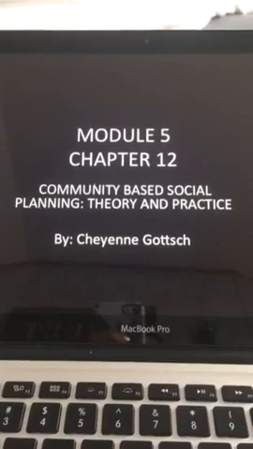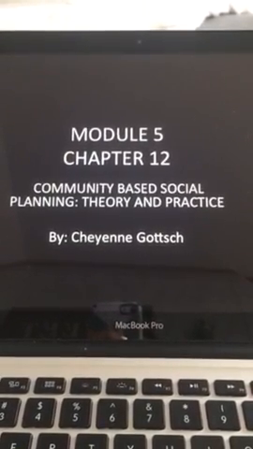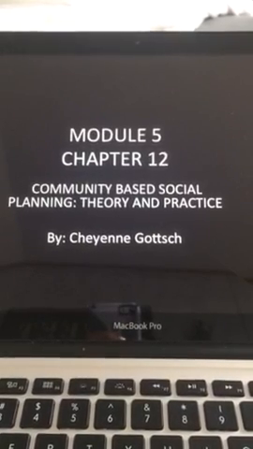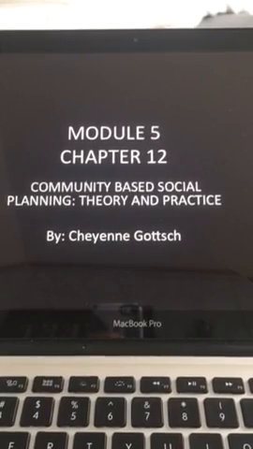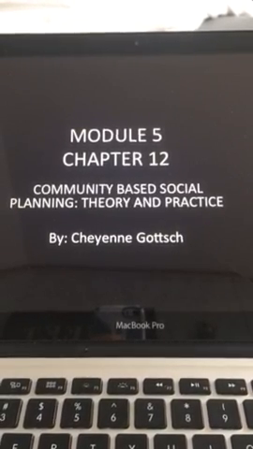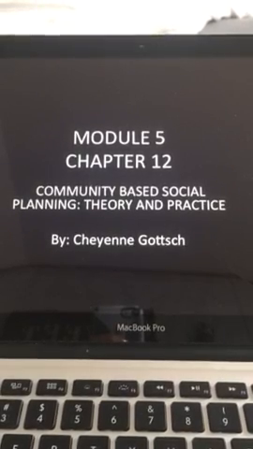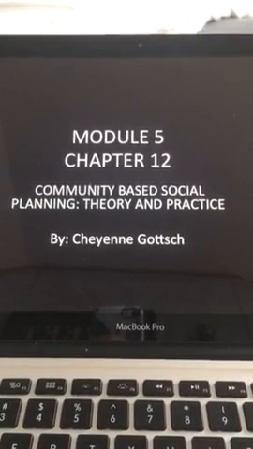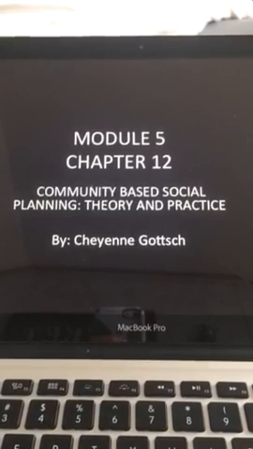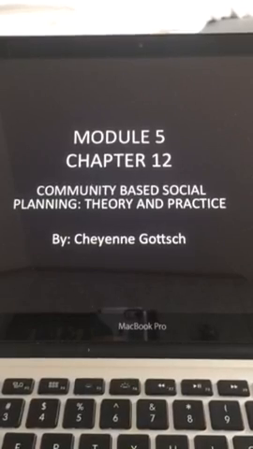So basically when I was reading Chapter 12, there were two aspects of local planning that I focused on. The first one was comprehensive or specifically focused community development. That basically is what it says it is. So it's focused community development. You see what the community really needs to work on. You can focus and prioritize certain things over others, and what's more of a need at that moment. And the second one is participatory planning for services that the community needs.